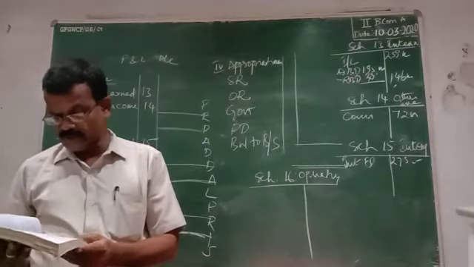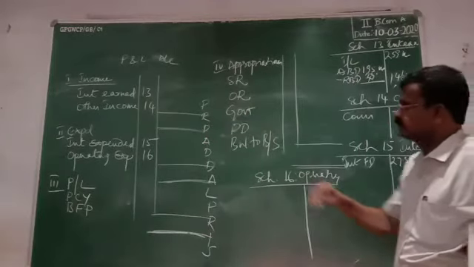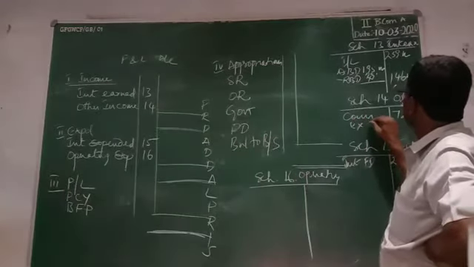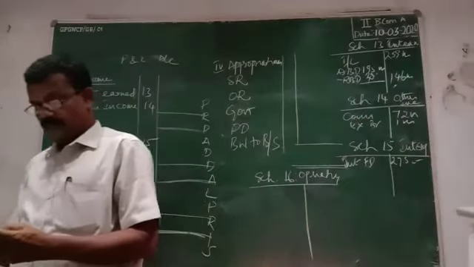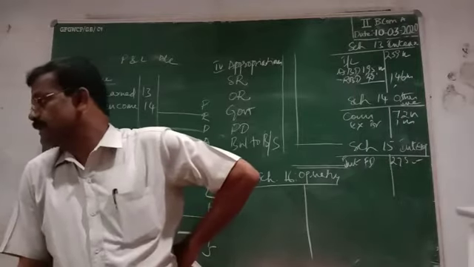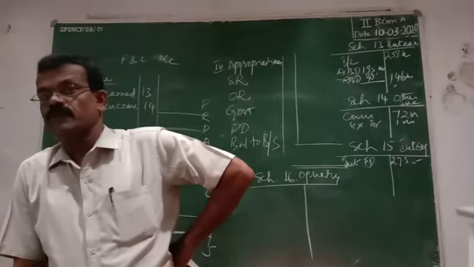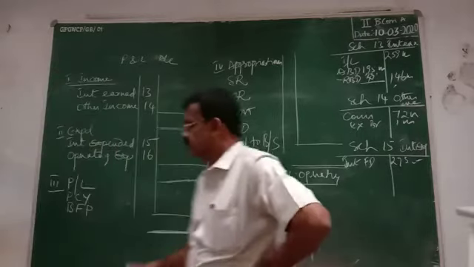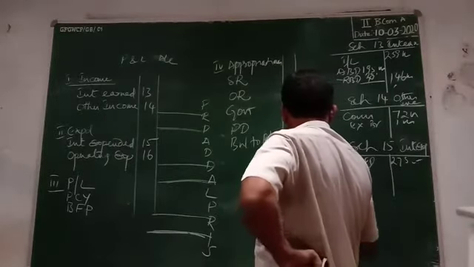Next, exchange and brokerage, again rupees 1,000. Exchange and brokerage, that is other income, schedule number 14. Exchange and brokerage rupees 1,000. Next, establishment rupees 54,000. Establishment means what? Establishment, that is employee salaries, payment to and provision for employees salaries. If it is given as establishment expenses, then we should show under schedule number 16 operating expenses. Establishment rupees 54,000.